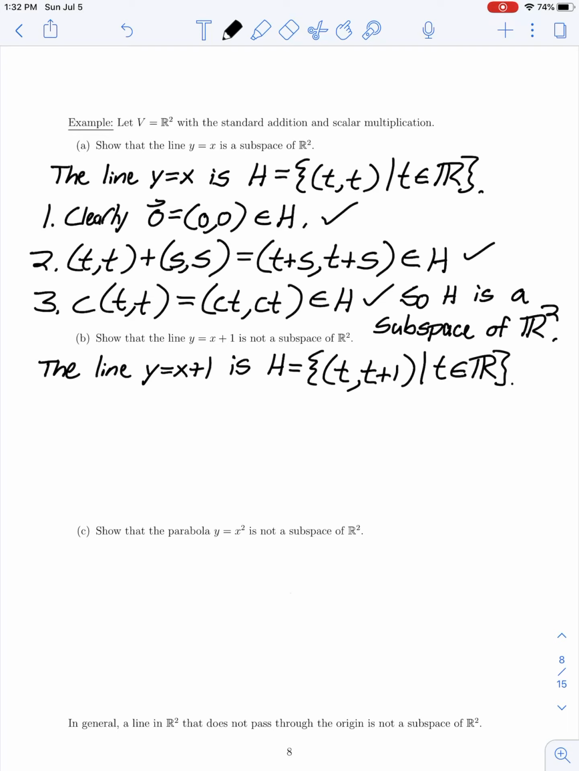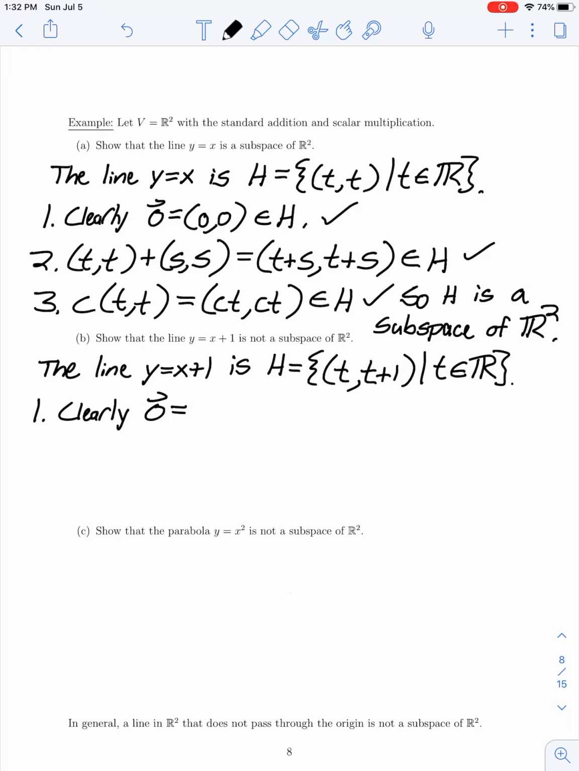So we're supposed to show that this is not a subspace, so at least one of the three axioms fails. In the first axiom, in order to be a subspace, the zero vector would have to be contained in this set. But clearly, the zero vector, or the origin, (0, 0), would not lie on this line. So here we could say clearly